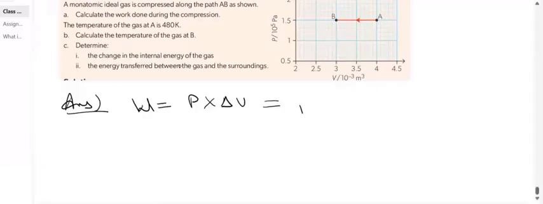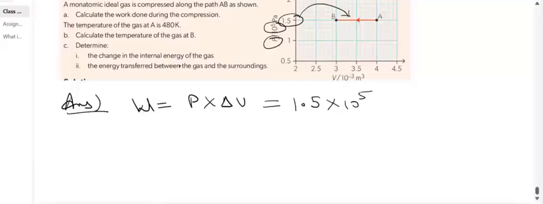1.5, isn't it? At AB, how much is the pressure? Ma'am, can I know how it is 1.5? Here it is written pressure, here it is written 10 raised to 5, and the 1.5 line is indicating AB. Okay, the work is done along the path AB.